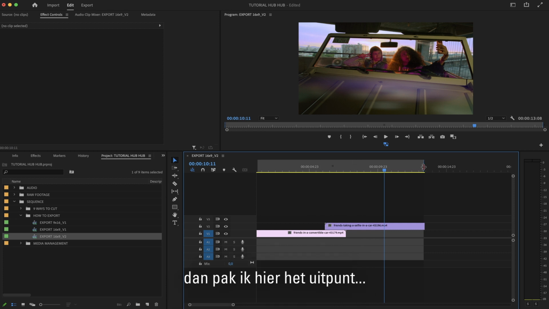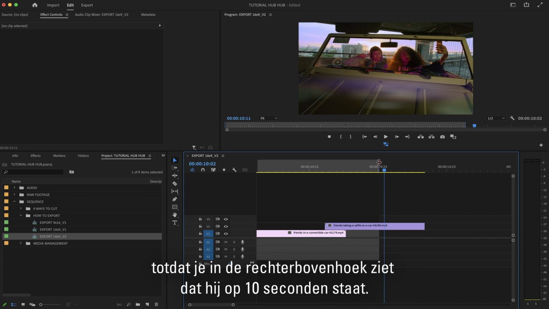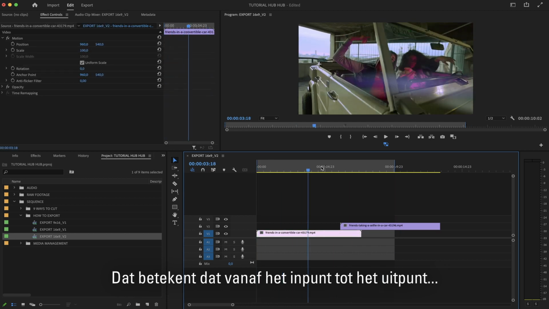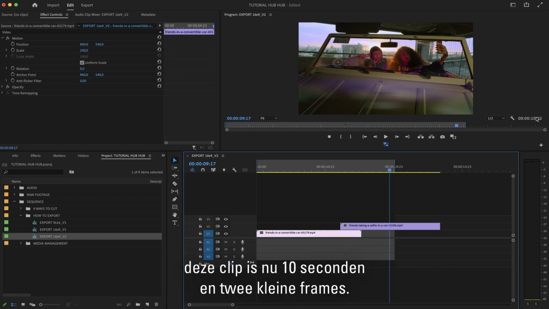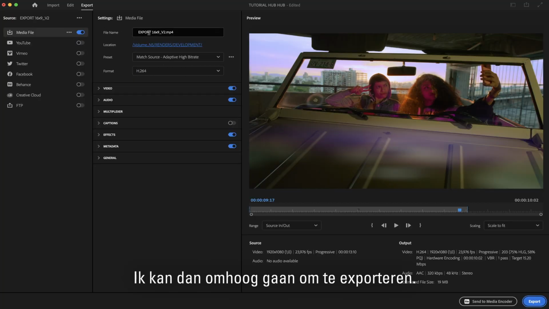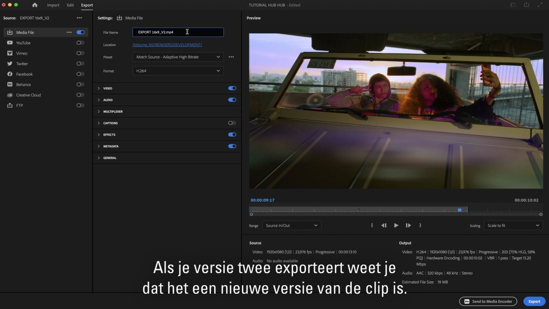Then I grab the bar here where my out point is, and I drag it until you see at the top right corner where I hit 10 seconds. That means that from the in point to the out point, this clip is now 10 seconds and 2 small frames. I can then go up to export. Same again, the file name is the name of the sequence, and I now have version 2. So when you export version 2, you know that it's the newer version of the clip that you just exported